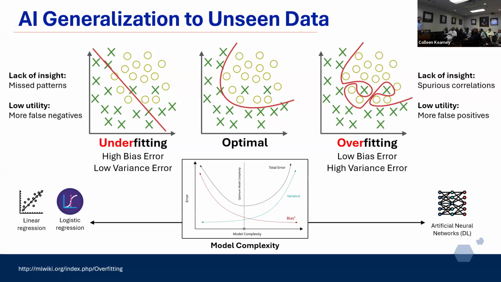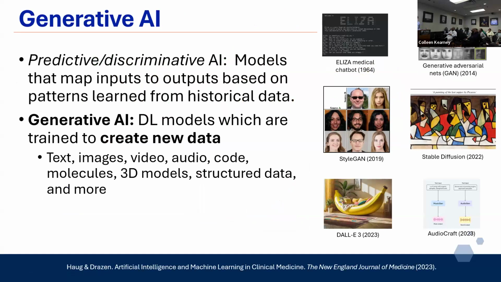So the goal is to generalize to future data, geographic generalization, different institutions, maybe different patient populations, different equipment and practices. Many things could be different in healthcare data, and the goal is always to generalize. So there are methods to account for that. I won't spend too much time here, though. I know that probably a lot of you want to comment on that as well, but I'm happy to talk about it after. Those are really interesting topics to me.